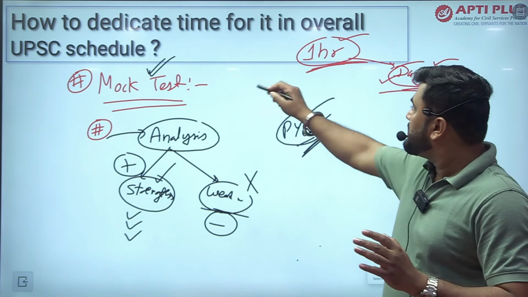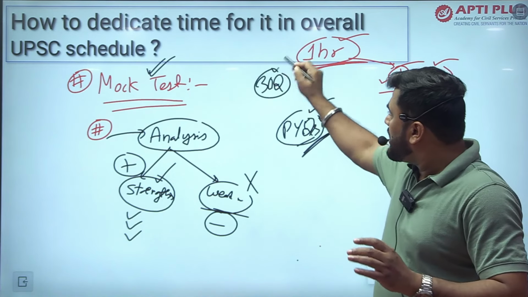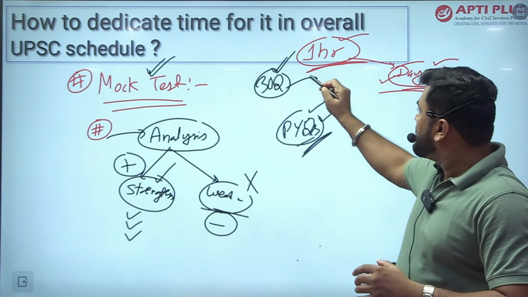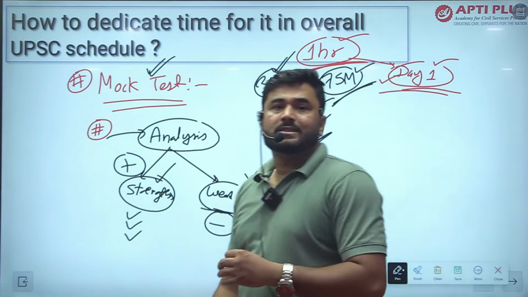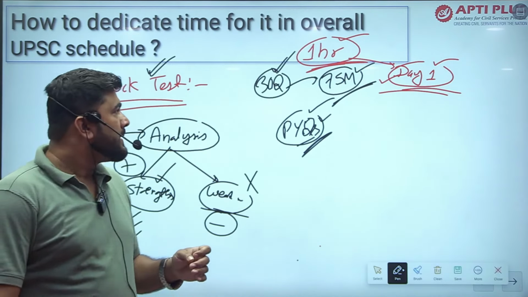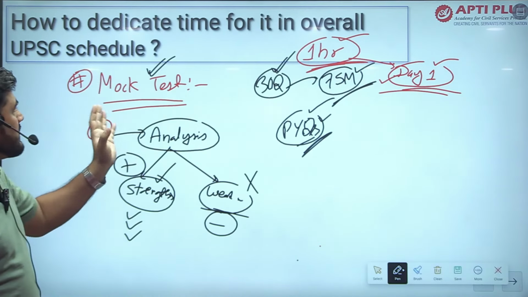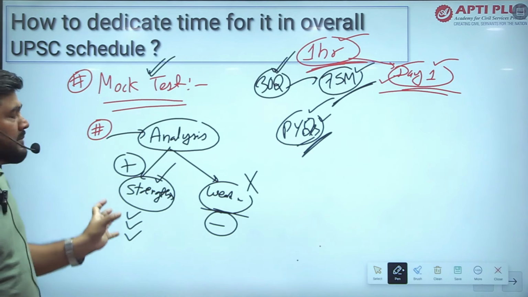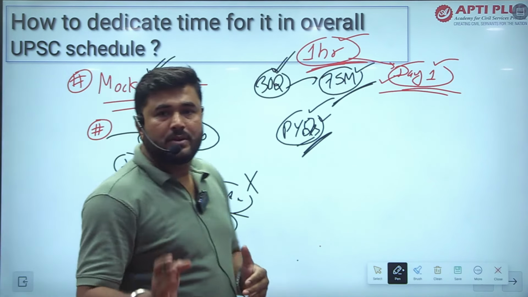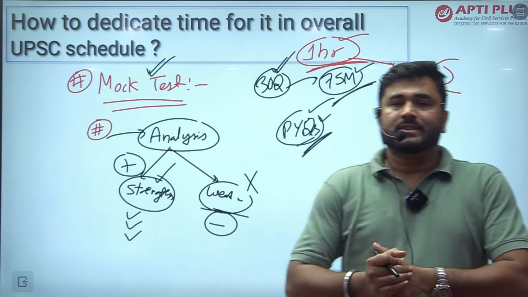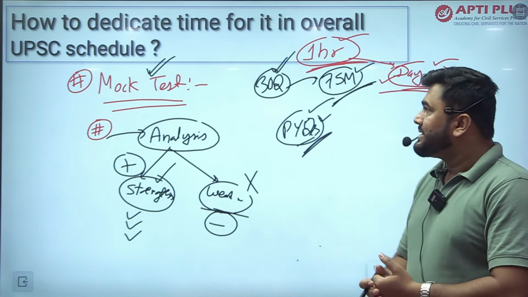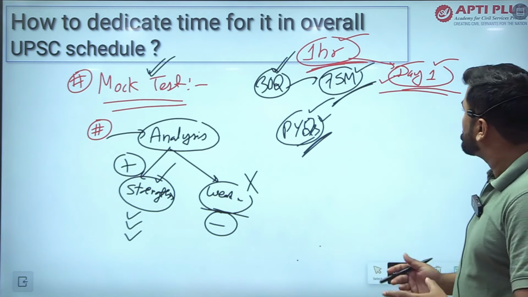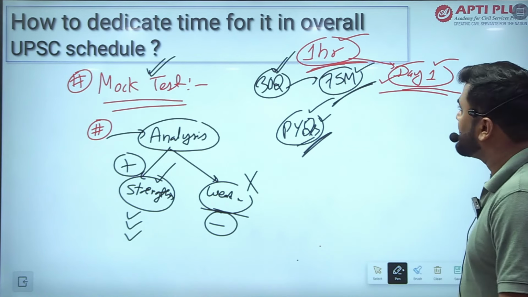You just need to solve 30 questions, that's it, and by solving 30 questions you can easily crack the 75 cutoff marks in that paper. So this is the basic time management from day 1 of preparation for the UPSC CSAT, which every aspirant should keep in mind. This is the basic thing which everyone needs to do in their preparation stages.